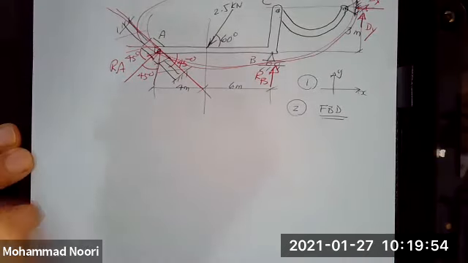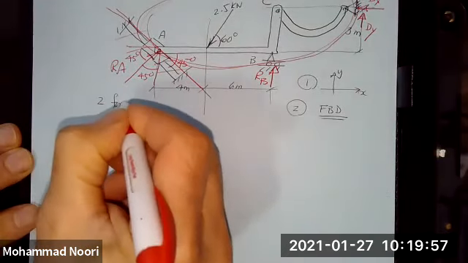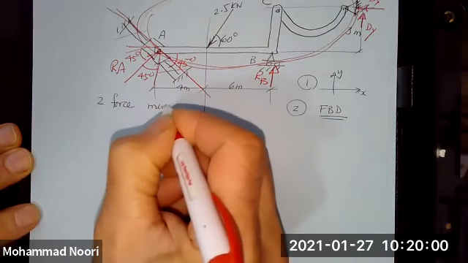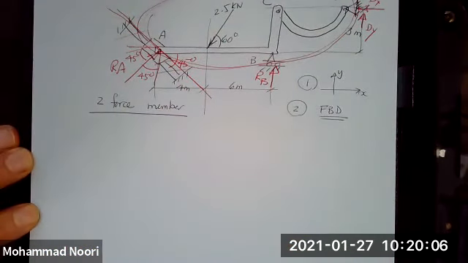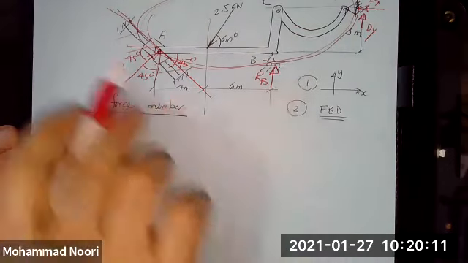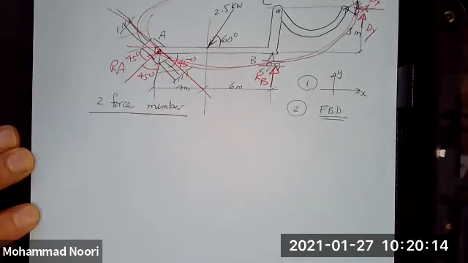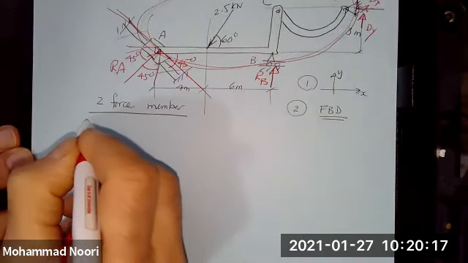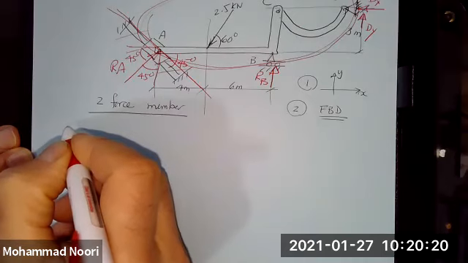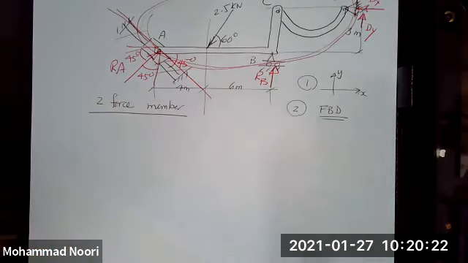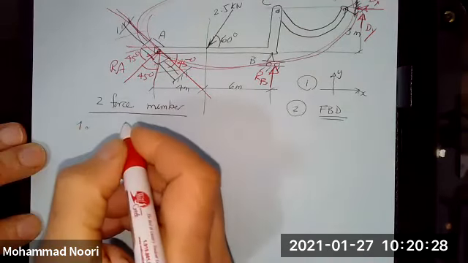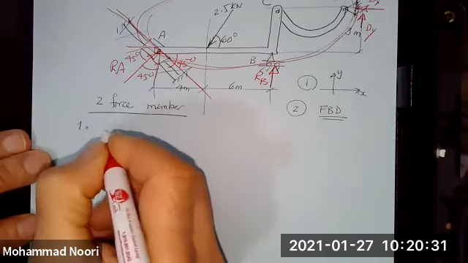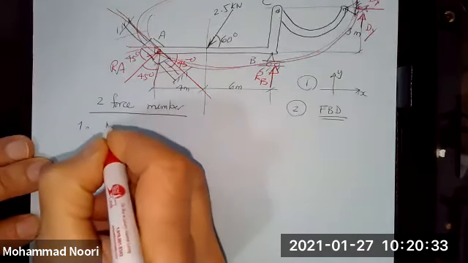What is a two force member? Okay, what is a two force member? Let me first explain that concept and then get back to this problem, because we do have a two force member in this problem, which changes the whole scenario of free body diagram. What is a two force member? A two force member is a piece of a structure. Any structure is made of different components, right? So it's a component or a member, okay, that, okay, is this member